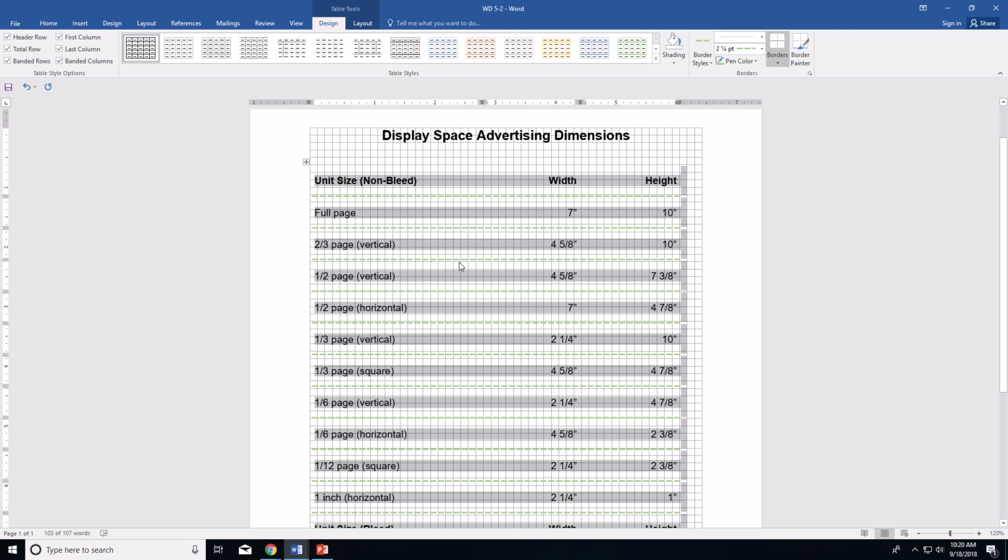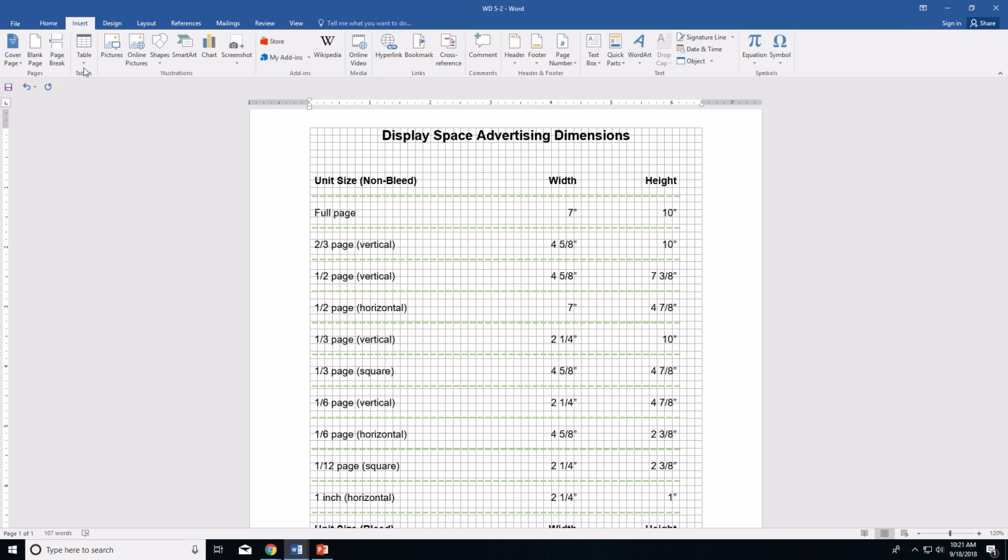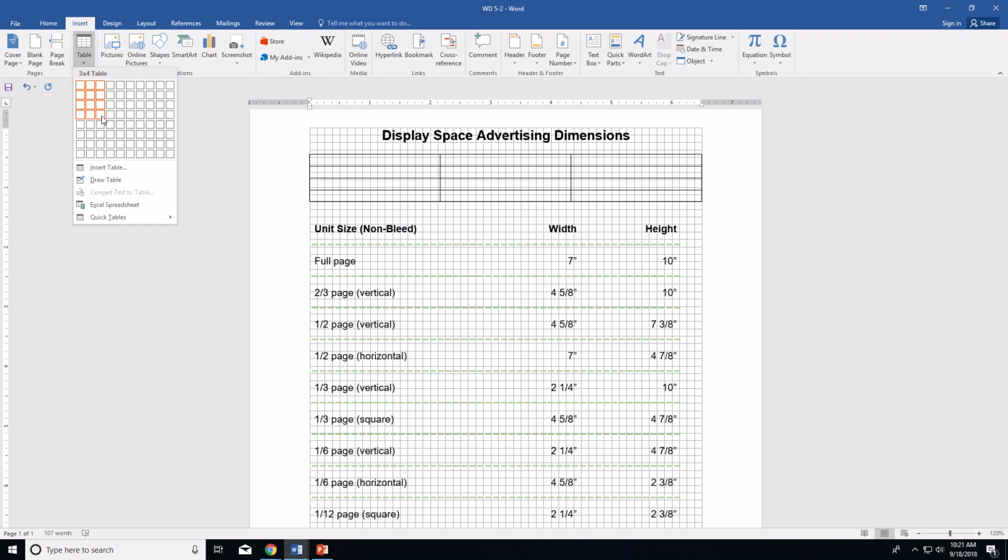In the second blank paragraph under the table heading, insert a new table with 3 columns and 4 rows, then merge the cells in the third column of the new blank table. So that can be kind of confusing. So essentially it's meaning the second paragraph under the title, so like right here before your new table even starts, and then you're going to go to Insert Table, and let's double check that it's three columns and 4 rows,